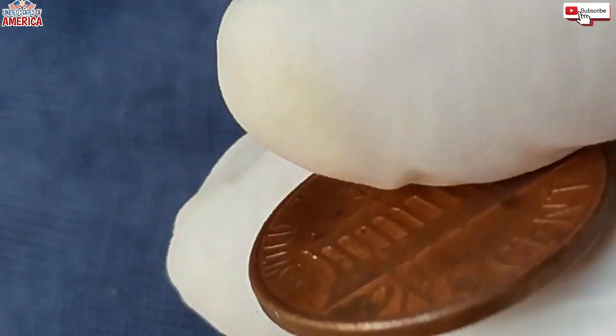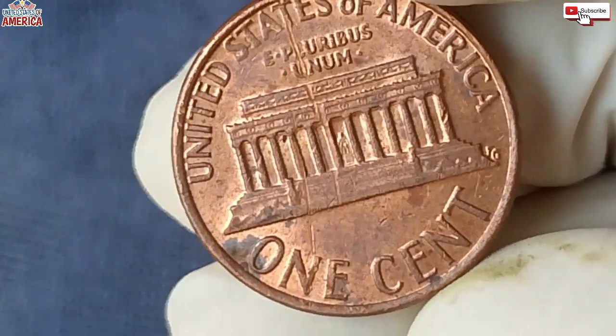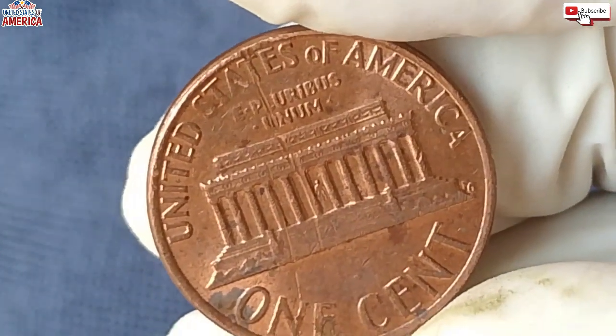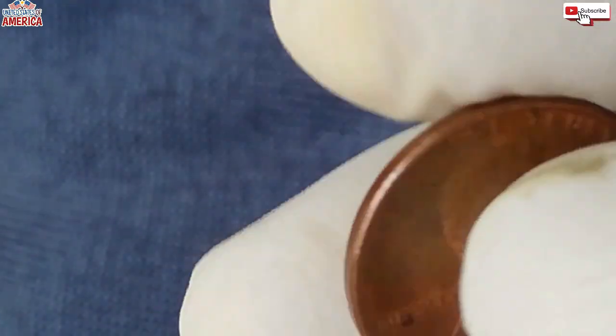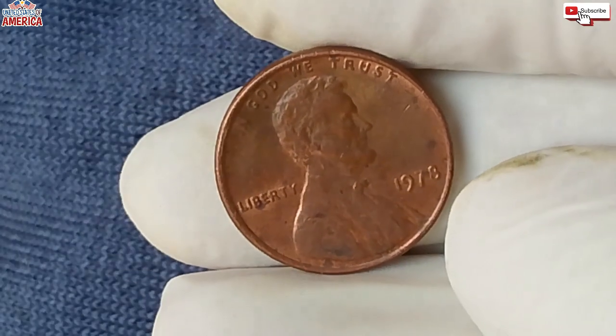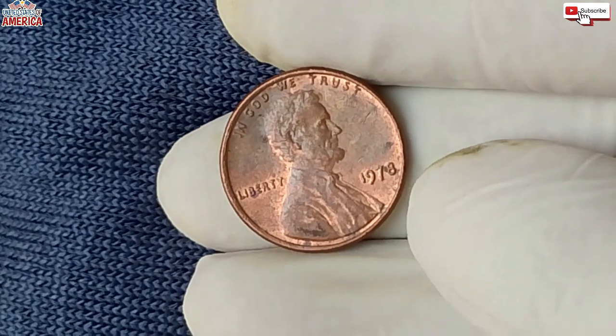Coins from the San Francisco Mint with their S mint mark are often more sought after by collectors because these were produced in much smaller quantities. Proof coins are generally minted for collectors and are struck with extra care and attention to detail, which makes them more valuable than regular circulating coins. This is one of the reasons why 1978 pennies from the San Francisco Mint hold a special place in the